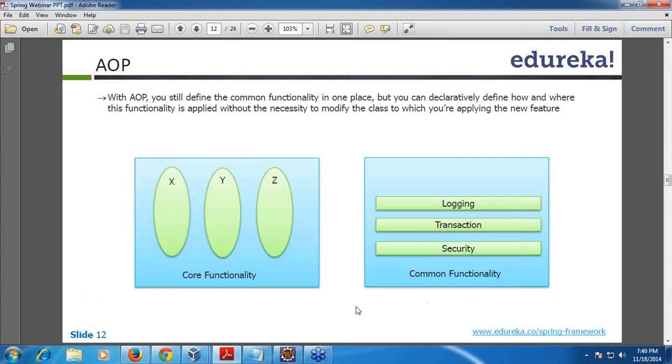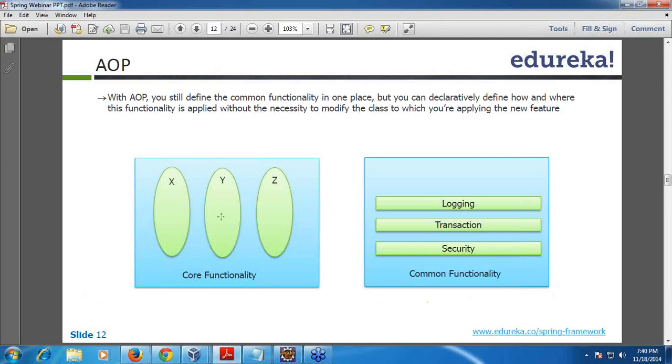So basically we write aspects, that is, these concerns, and then configure where they have to be applied. We write all these aspects in a configuration file saying where they have to be implemented.